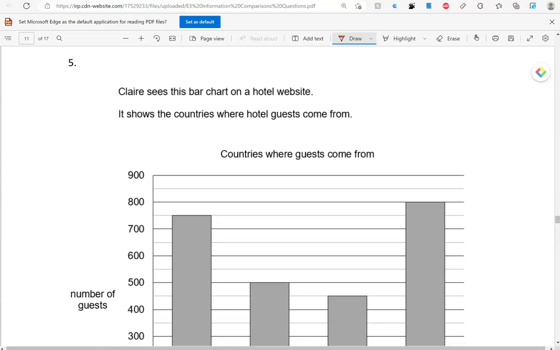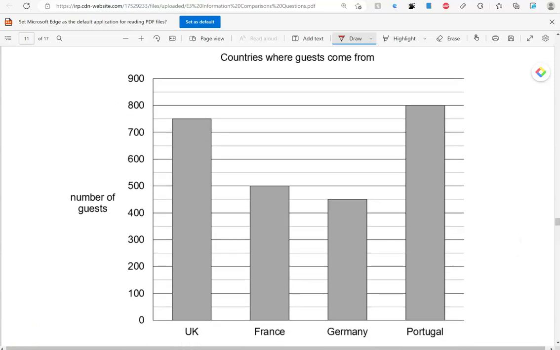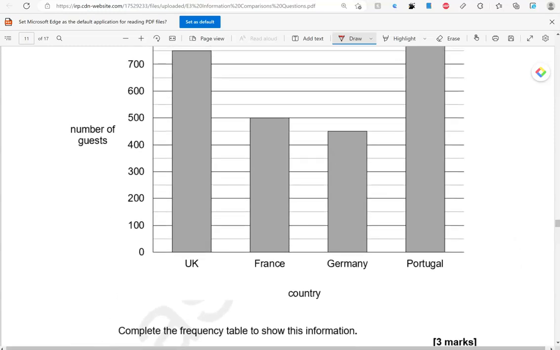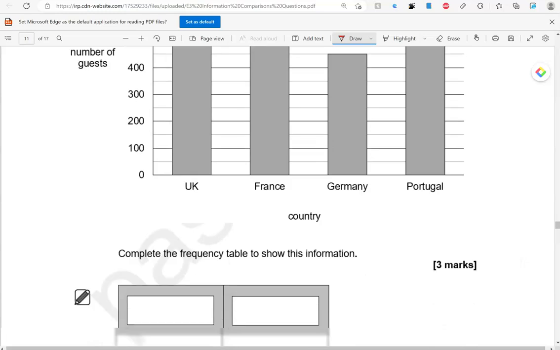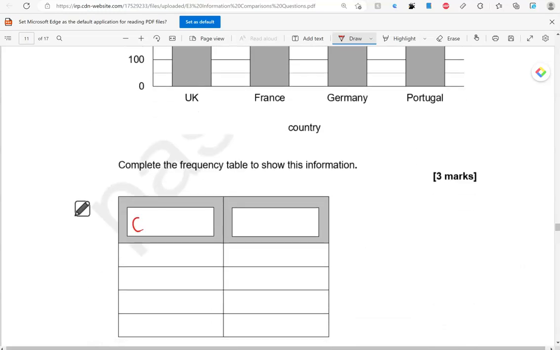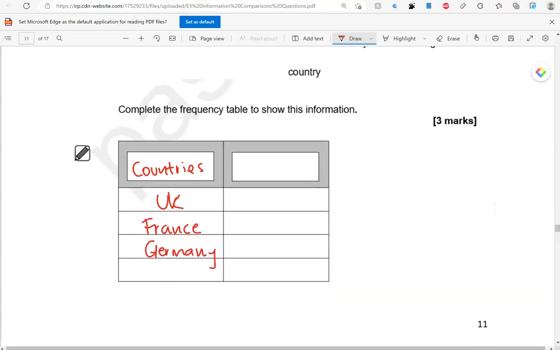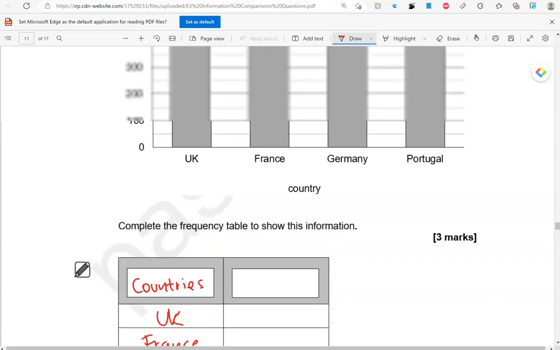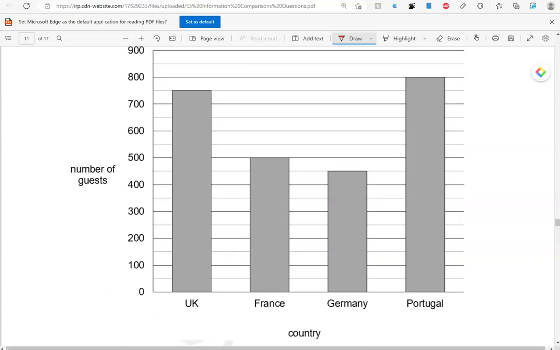Claire sees this bar chart on a hotel website. It shows the countries where hotel guests come from. Complete the frequency table to show this information. So we've got 4 countries. UK, France, Germany, and Portugal. Got number of guests,